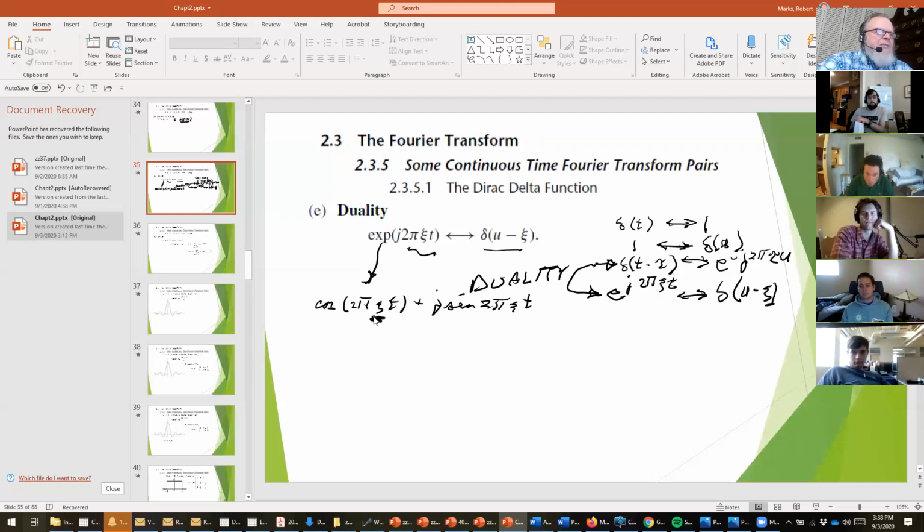C here has units of cycles per second. It has to. Remember, all of the arguments of exponentials must be unitless. So if this has units of time, then C must have units of 1 over time, because the overall exponential must be unitless. So this, of course, we know is a sinusoid with a frequency of C